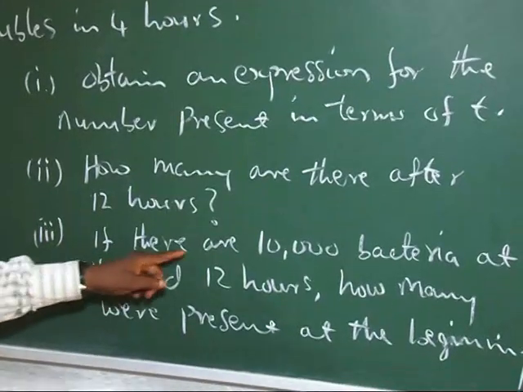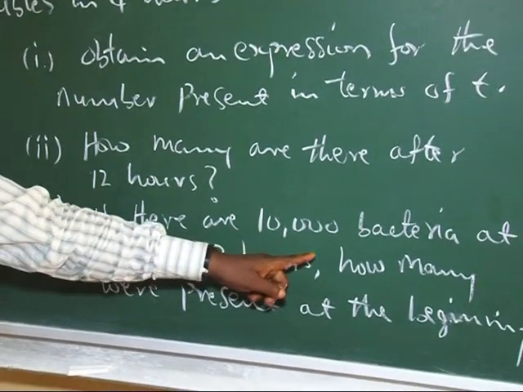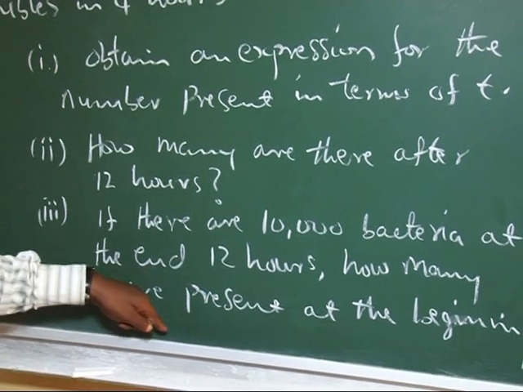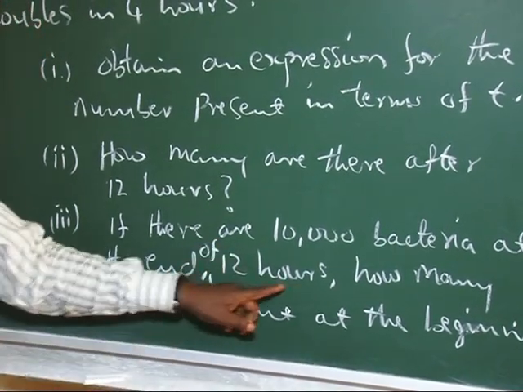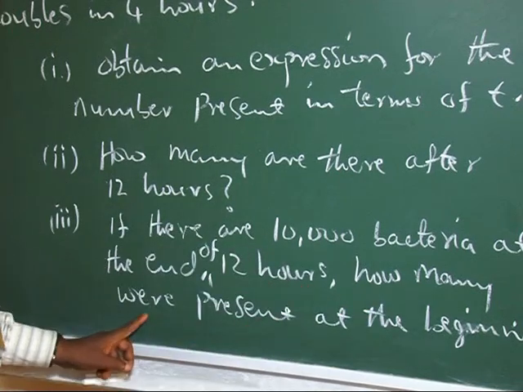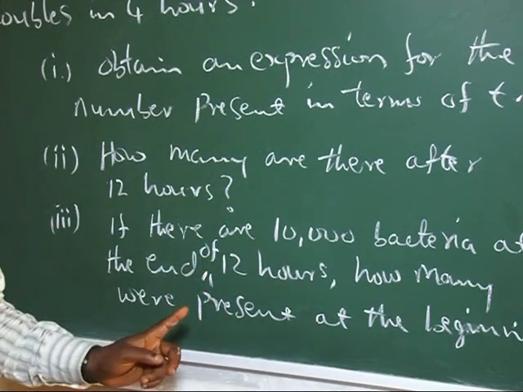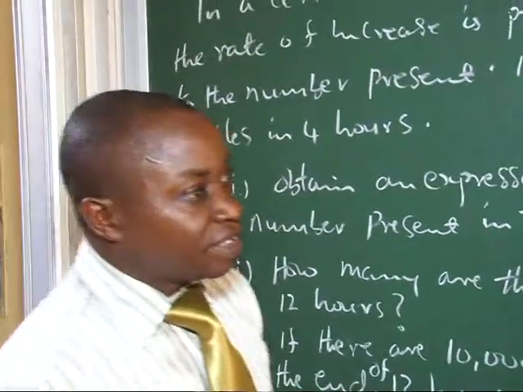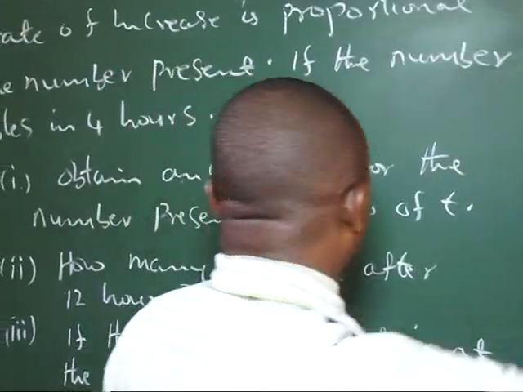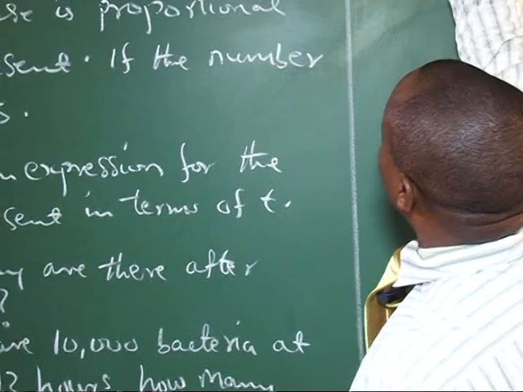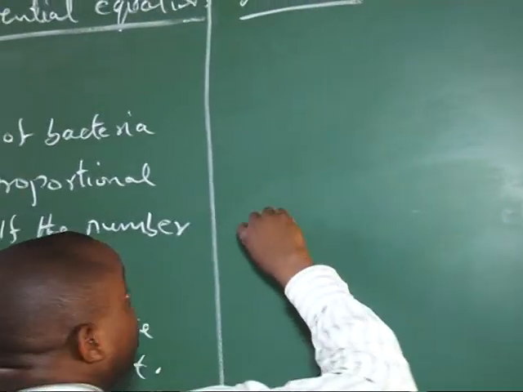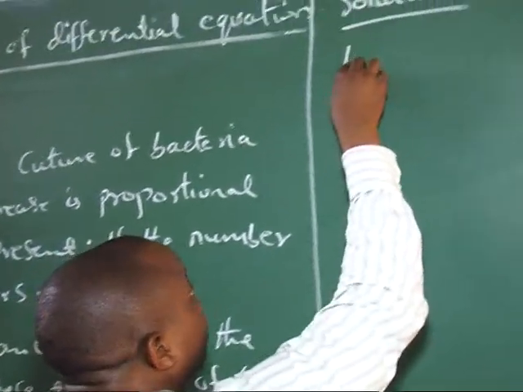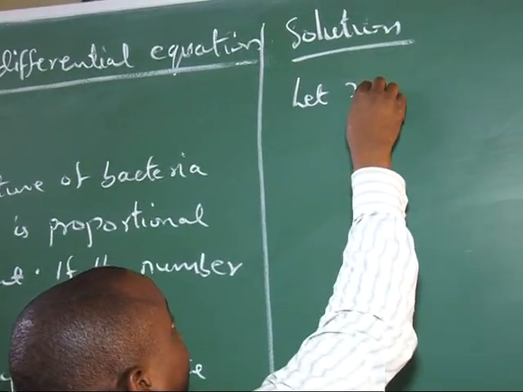Number 3, if there are 10,000 bacteria at the end of 12 hours, how many were present at the beginning? So you see, this problem we can use a differential equation to solve it. Very simple. So as usual, let